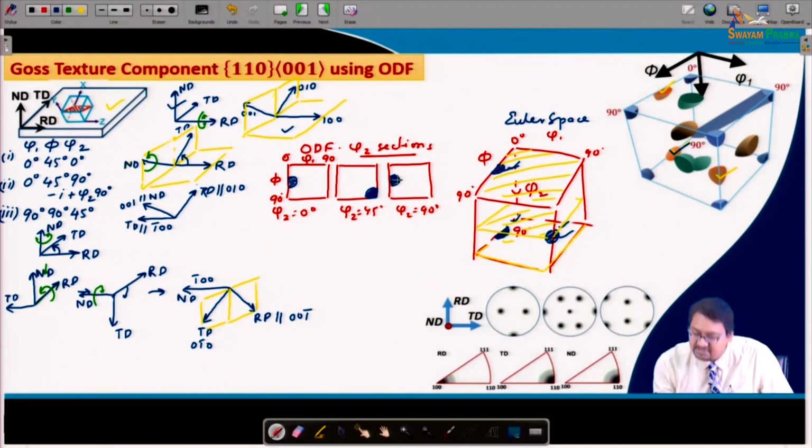One can see that the symmetry of the cubic crystal always shows that phi 2 equal to 0 and phi 2 equal to 90 degree sections will show the exact same component at the same positions, and this is related to the symmetry. The positions of the Gauss texture components in terms of pole figures and inverse pole figures